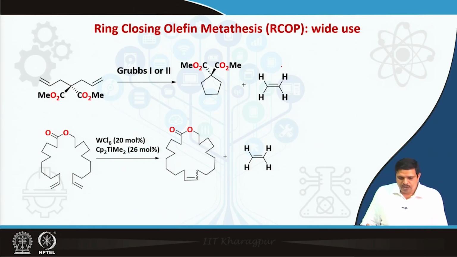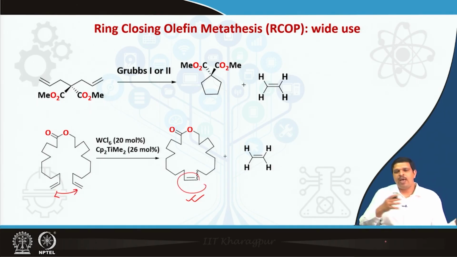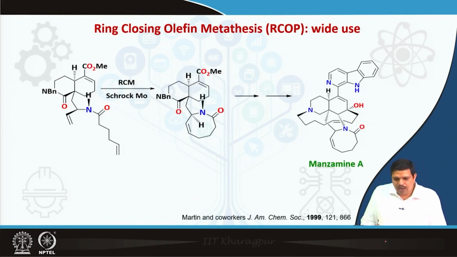So here you will see different examples of how interesting functionalized cyclic rings can be formed by different types of catalysts, like Grubbs' catalyst or different modified metal alkene catalysts. Here, this alkene is threaded, and here it just threads this one, and you get from acyclic to cyclic organic compounds.